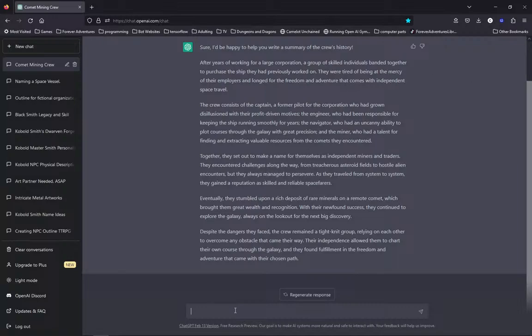Okay, so replace all instances of the ship with Comet Catcher. And okay, put a period there. Let's go down and make a new thing.